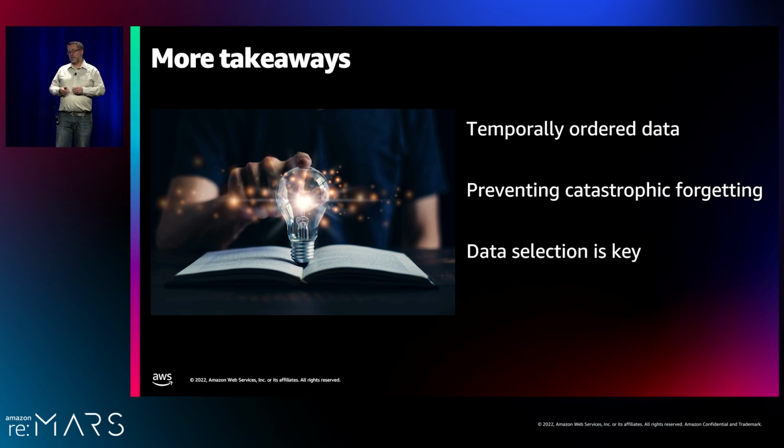Another important takeaway was this memory replay to prevent catastrophic forgetting. As I said, we saw some bigger degradations before we added the memory replay, and then that brought that down to a reasonable number. And then the final takeaway was that data selection was the most important aspect of our system. We tried different algorithms, different parameters, different labeling techniques, different teacher models, and they all had an impact. And it's true that better labels give you better results. But the thing that moved the needle the most was the way that we select data. If we are more careful about how we choose the best data for learning, then we end up with the best possible results. So that's an area of focus for us now, how to continue to evolve our data selection and make it smarter and better.